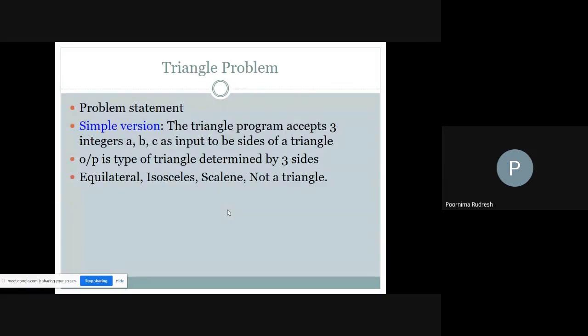So this is the problem statement. What is the problem statement? The triangle program accepts three integers a, b, c as the three sides of a triangle, and based on the type of triangle, the output it gives is equilateral triangle, isosceles triangle, scalene, or not a triangle.